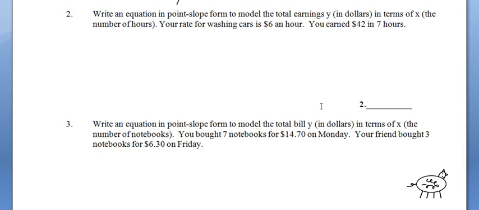Either I'm going to give you a slope, which was like number 1, where the slope was 9, or I give you 2 points. Now in this case, I'm giving you a rate of $6 an hour, and that's really kind of like